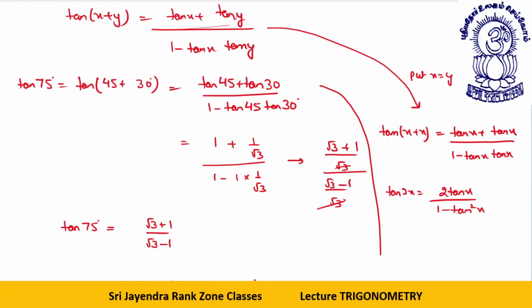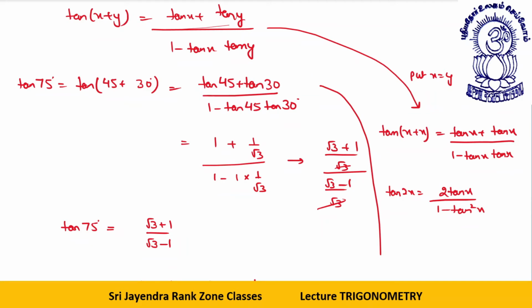Sin(x+y) upon sin(x−y). This will be what? Sin x cos y plus cos x sin y, divided by sin x cos y minus cos x sin y. What I'll do, I'll divide both numerator and denominator